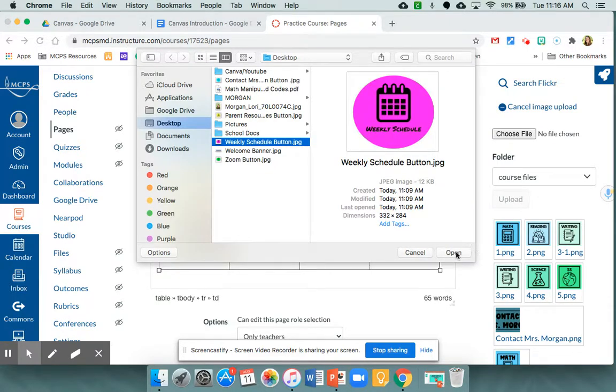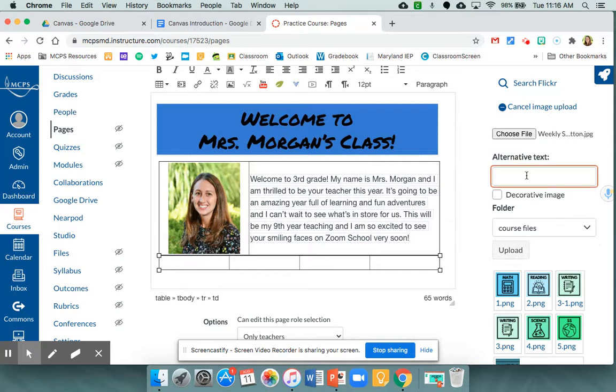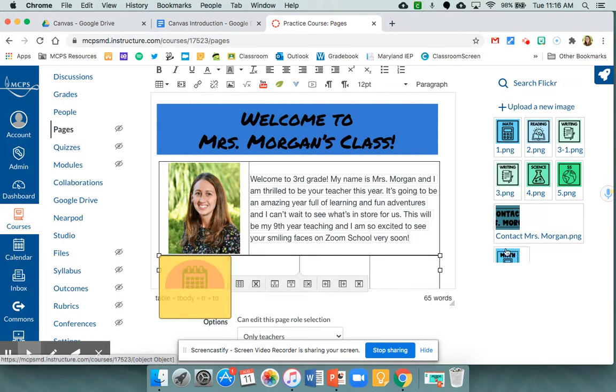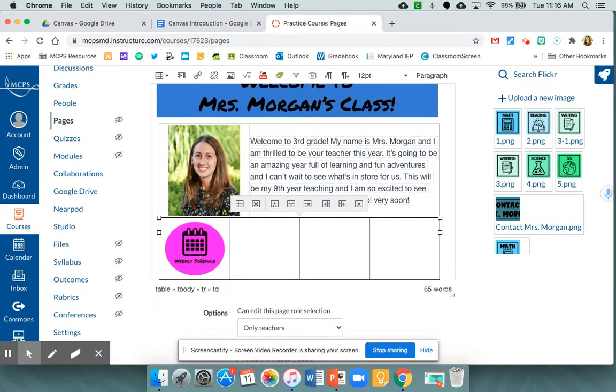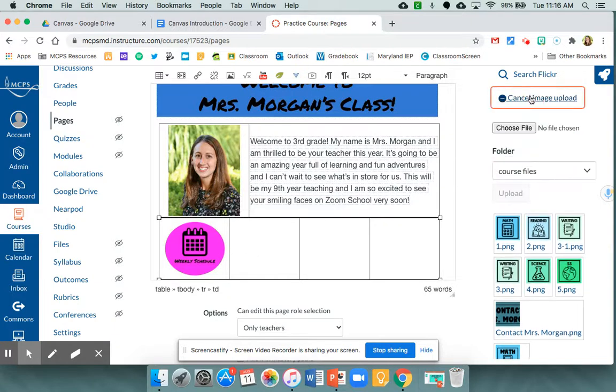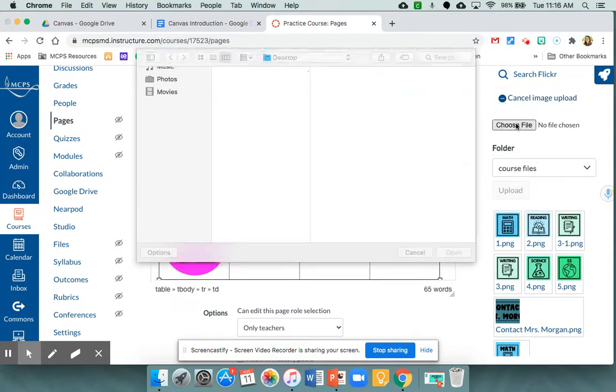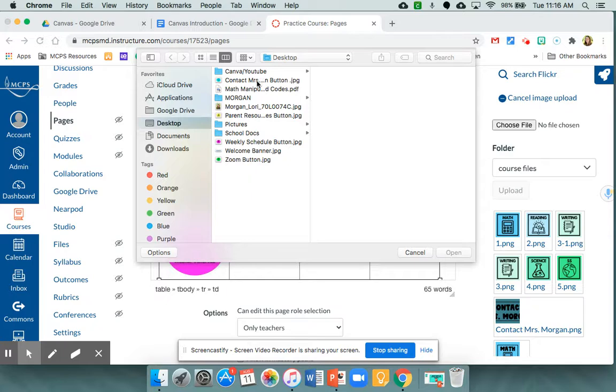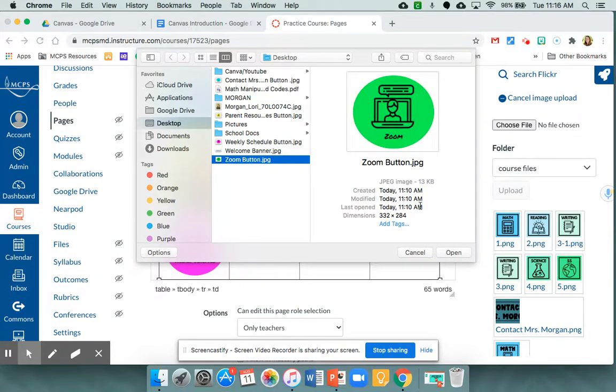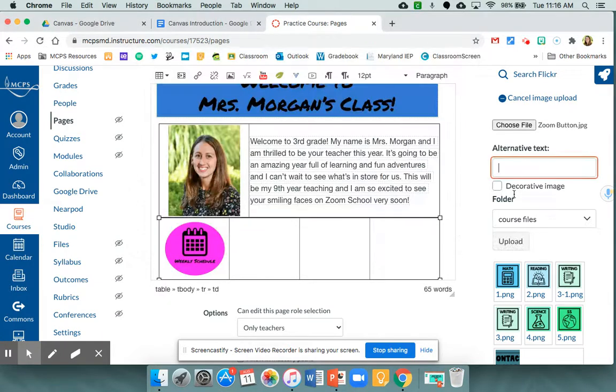If I click on that, open, my text would be weekly schedule. I'm going to upload that. Perfect. I'm going to click on the next cell, upload a new image, choose a file. Maybe for this one, I'm going to put my Zoom link there. So I'll do Zoom button, open,